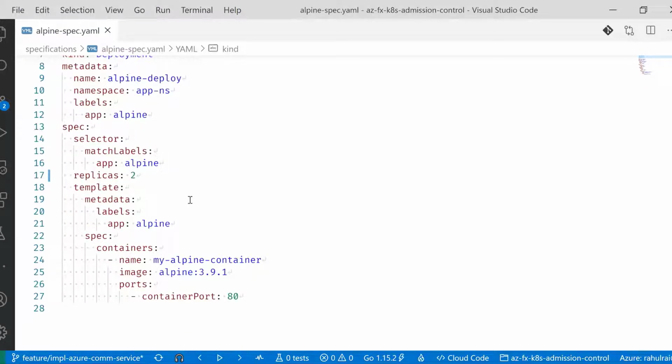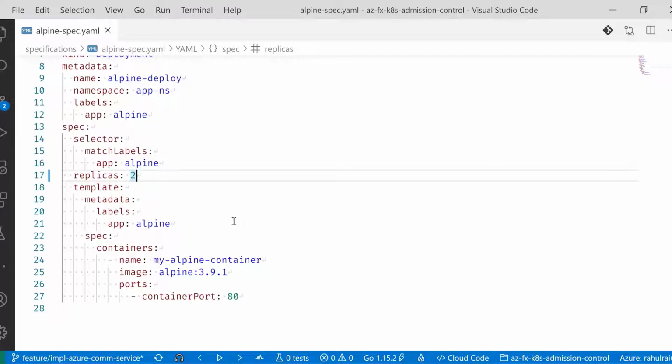Remember that one of the business logic that we have configured in the Azure function is to decline a deployment if the replica count is less than 3. So if I specify the replica count of the deployment to 2, then the deployment shouldn't go through.